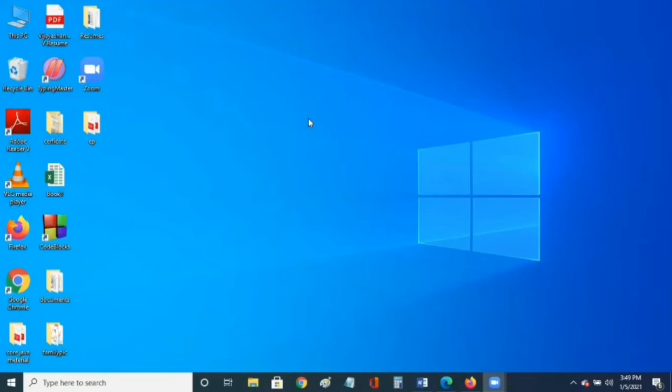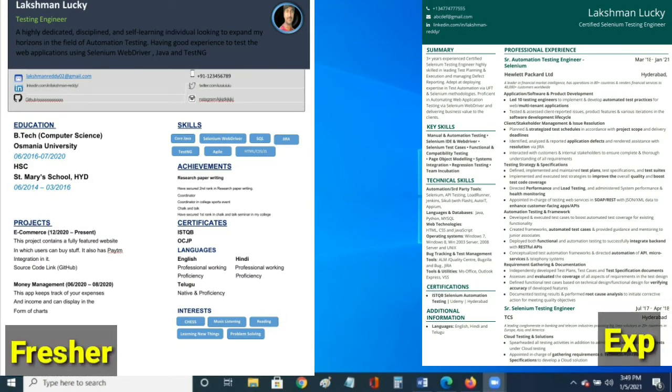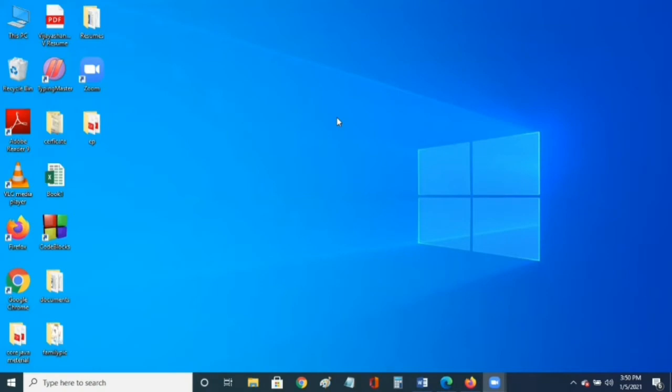In today's session, I'm going to share with you the best resume formats for automation test engineers as well as web developers. Nowadays, the HR managers or technical recruiters are looking for a simple resume format only. Recruiters do not prefer a resume of more than 3 pages. That is the reason you have to build a resume as simple as possible, and you have to make very